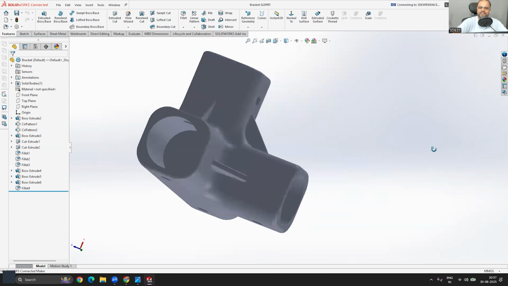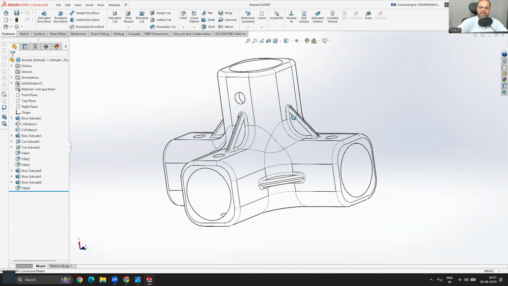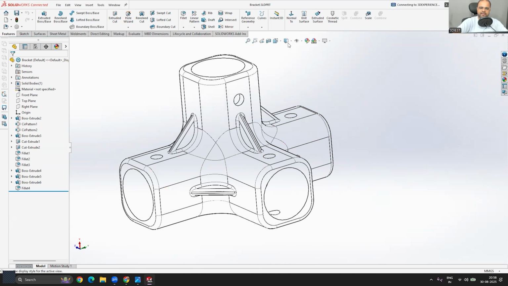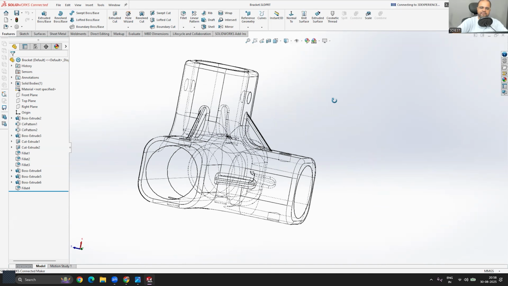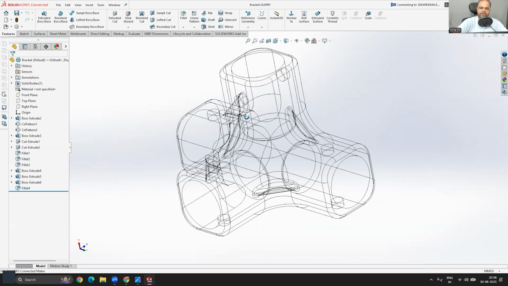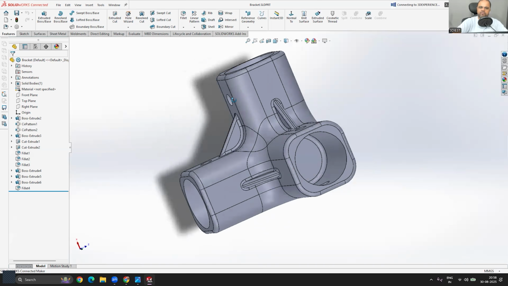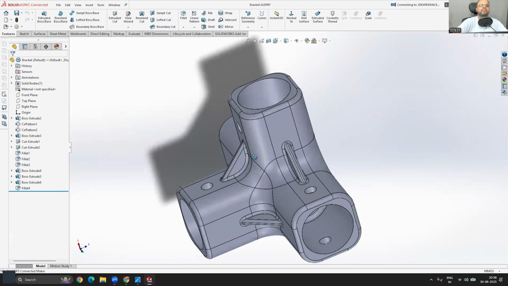So we have different visual styles available as well. Then we have this option that says hidden lines removed. So it will look like a sketch, but without internal edges. If we change this to with internal edges, I can see all the internal edges as well, as you can see. So we have different visual styles available in SolidWorks, and you can explore and experiment to see which one works best for you. In my case, shaded with visible edges works most of the time. So I am using this one, right?